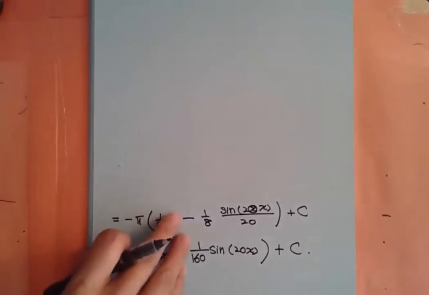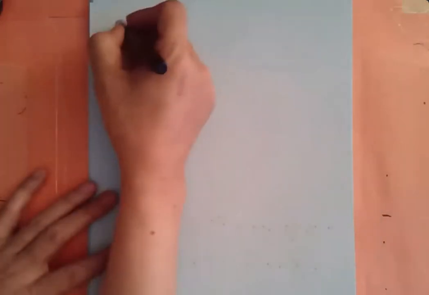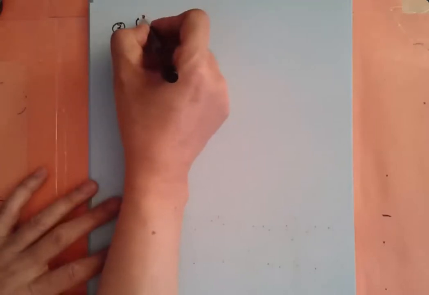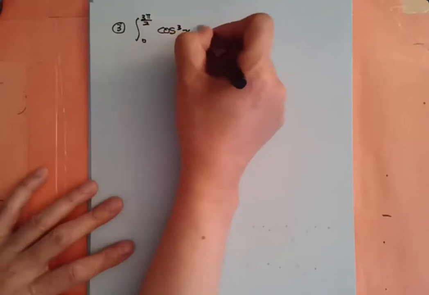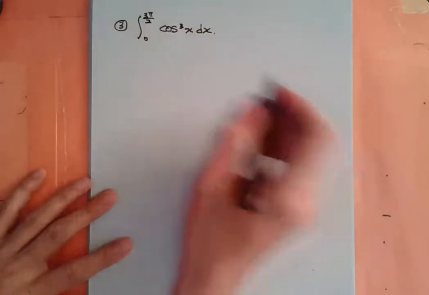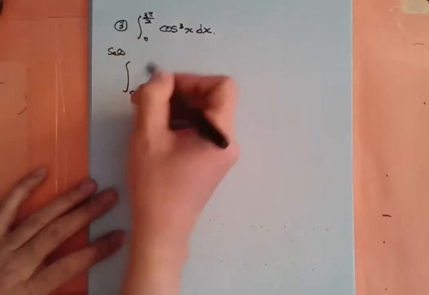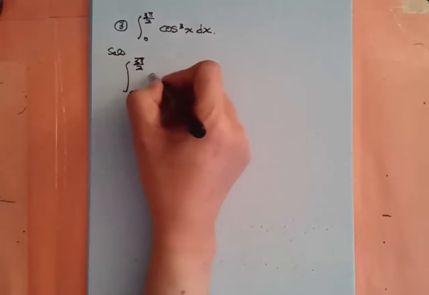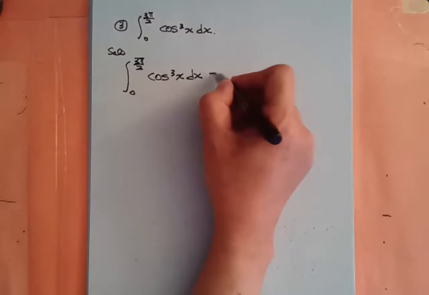Let's do a little bit different pattern of the problem. The next one is about integration from 0 to 3 pi over 2 of cosine cubed of x dx. So, 0 to 3 pi over 2 of cosine of 3x dx. What we want to do is